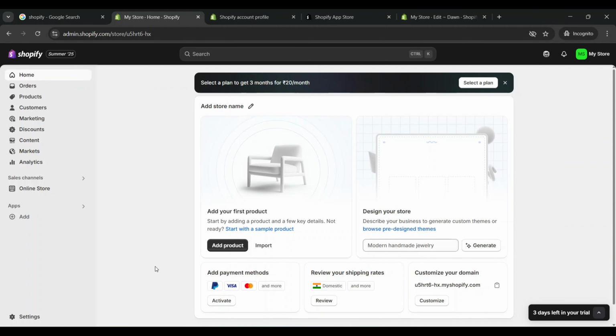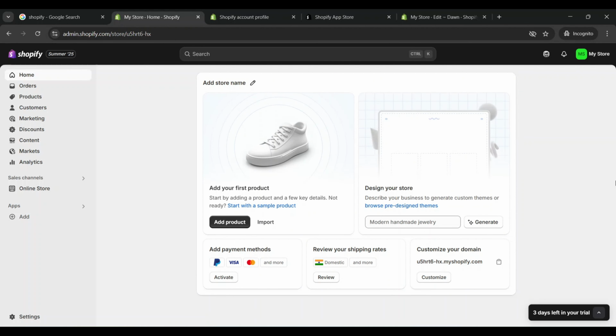In today's video, I'm going to teach you how to add age restriction on Shopify. As a Shopify store owner, ensuring that your online store complies with age restrictions for products like alcohol, tobacco, or any other age-sensitive items is crucial. This step-by-step guide will help you implement an age restriction pop-up so that you're not inadvertently selling adult-only products to